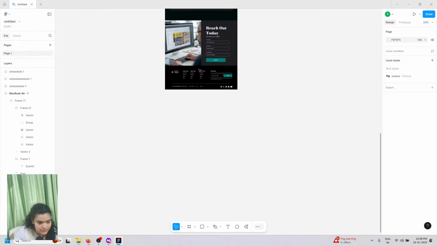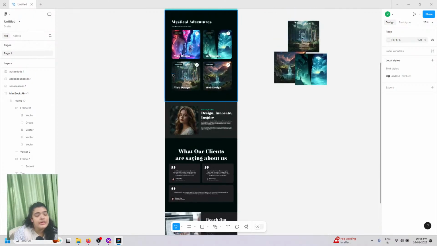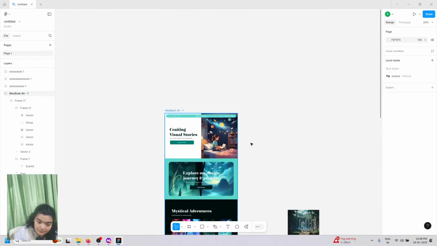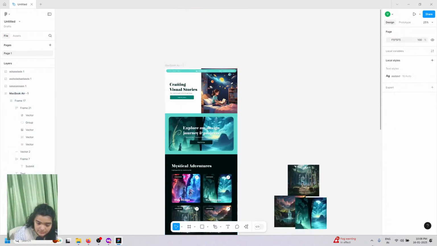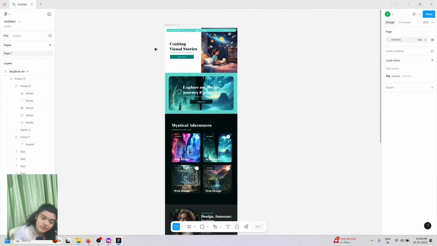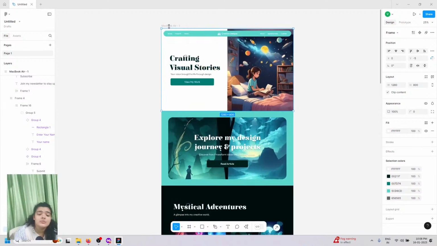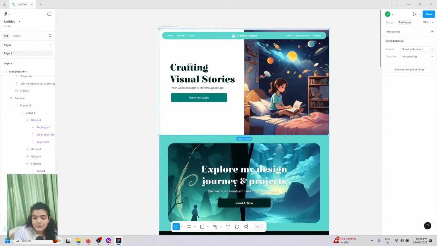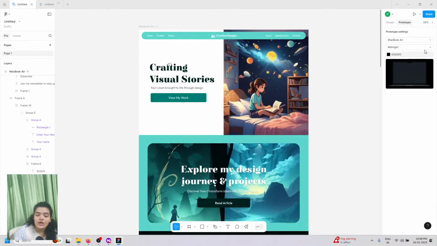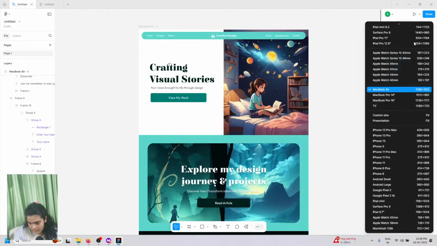I'm going to close out the other UI because we don't need it anymore. We're going to go back and we're going to go ahead and prototype this finally. And let's just get rid of all of the extra images. And now we're going to start prototyping this, which is completely awesome. Just zoom in, go to the prototype section, show prototype settings, and now we can choose which model we use for our final presentation. I'm choosing Midnights, and also making sure